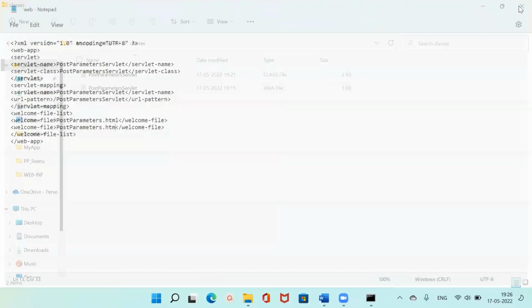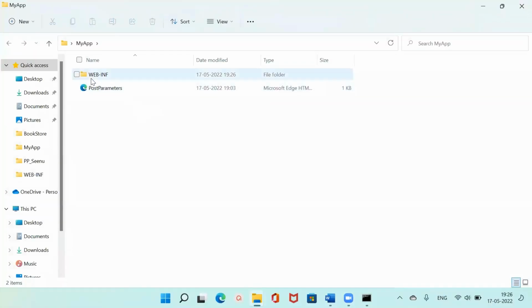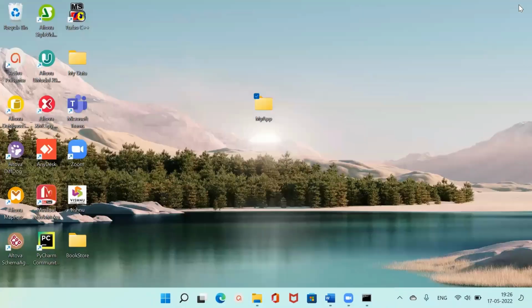So let us take a look at what exactly our folder has. Inside the folder, I have web INF, and I have this HTML document here. Inside web INF, I have this classes folder, and then I have this web.xml. Inside classes, I have the .java servlet program and the .class servlet program. Now that we finished creating the folder, let us deploy it into the